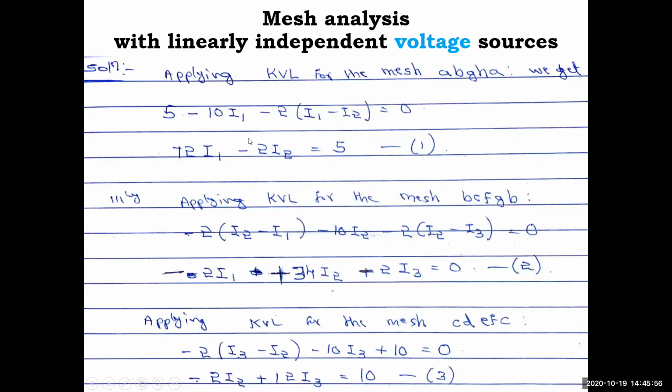There are two methods I told you to find the equations. One is applying KVL. In this problem I have shown you KVL, but in subsequent problems I will directly show you the generalized method. Even in this problem I can show you. First thing, the first loop. If you look at the figure there, what do you have? Just to go back.